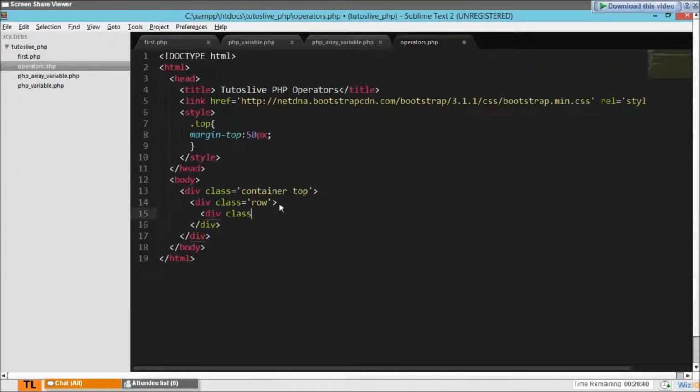Now let's do this. Div again, class equal to col-md-12. These are all default Twitter Bootstrap classes. Class is a selector which is mostly used for styling the content, and it's useful in JavaScript and jQuery too, which we have seen in previous classes. Again, if you have any question, go back to the classes and watch them. If you still have a question, you can definitely ask me. I'm here to answer your questions. Right? So div class equal to, again this is a default class, col-md, let's write 4.